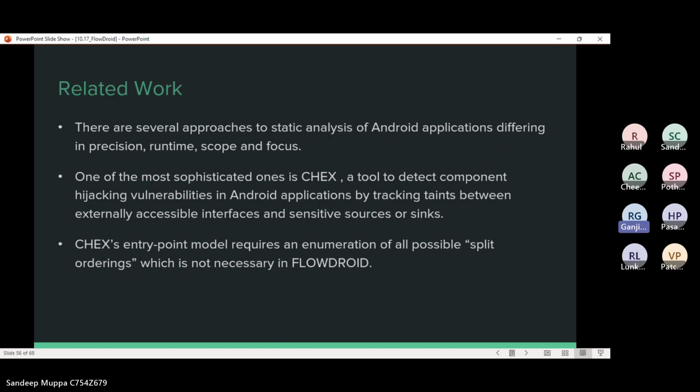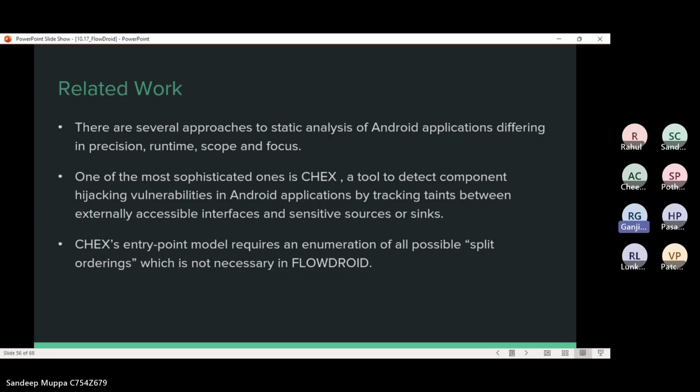Although not built for the task, CHEX can be used for taint analysis. CHEX does not analyze calls into the Android framework itself, but instead requires a hopefully complete model of the framework. In FlowDroid, such a model is optional and, except for native calls, is used only to increase precision and performance. Users can thus omit this model entirely and still be sure not to lose taints.